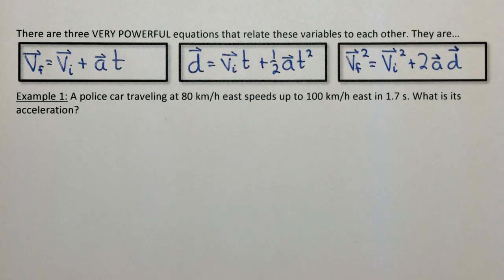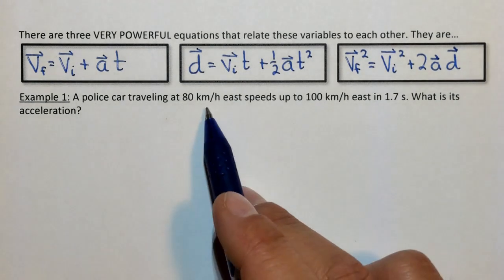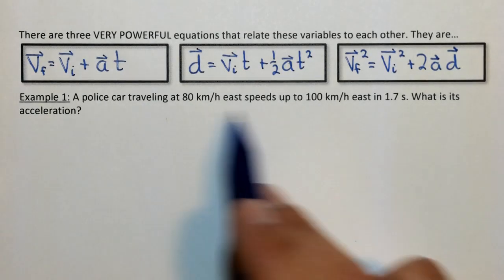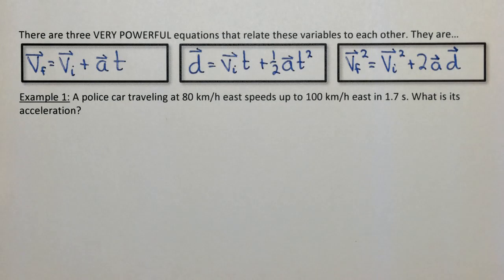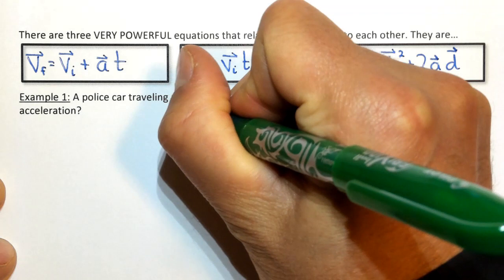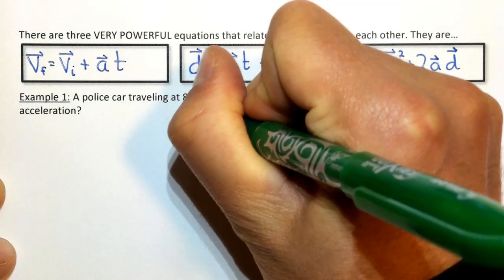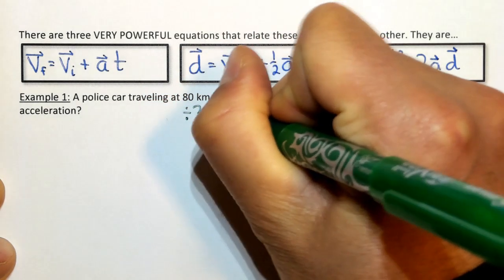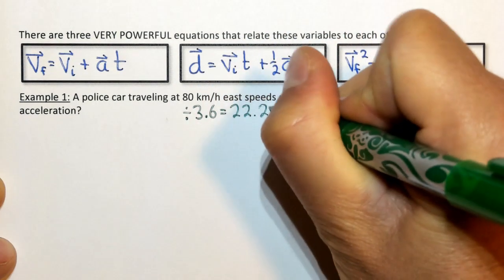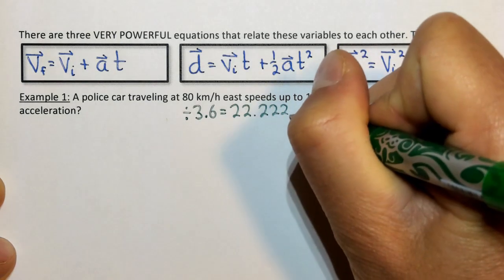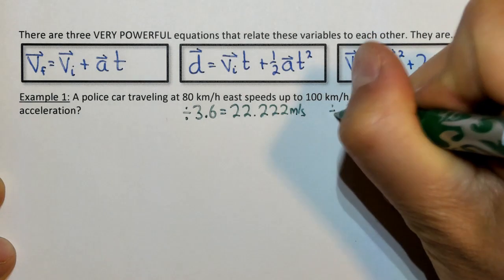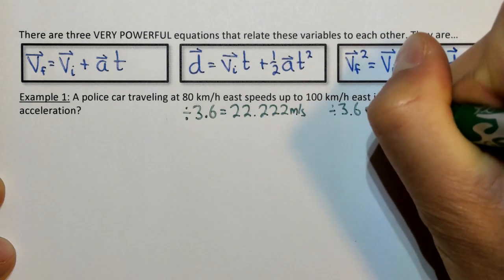So right off the bat here, I see these numbers are in kilometers per hour. That's not metric base units, so I'm going to convert those to meters per second right away. So I'll use my shortcut here. Divide this by 3.6, and that gives me 22.222 meters per second. And this one, divided by 3.6, equals